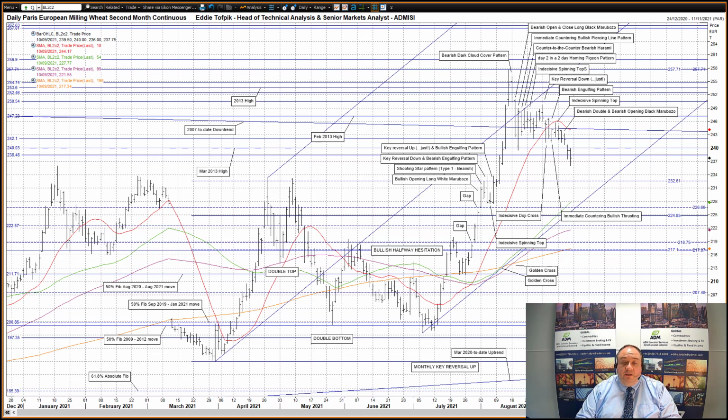Indeed, this past week we've broken further supports that are now resistances, notably the 2013 high, the March 2013 high at 240 even. We're now moving even lower, and the space below seems to have limited supports. The lesser Fibonacci level at 232.5, which is coincident with multiple highs this year, seems a good first choice for support. However, I would also look to the rising lower time, currently at